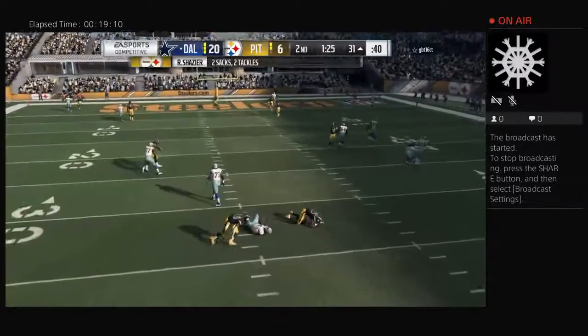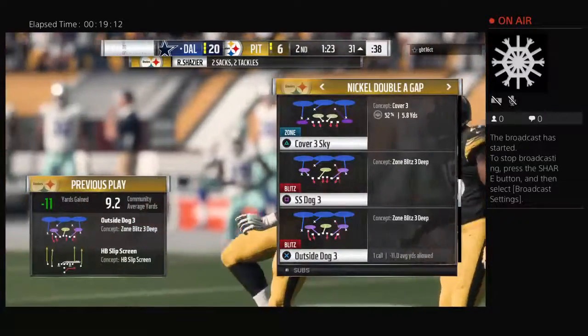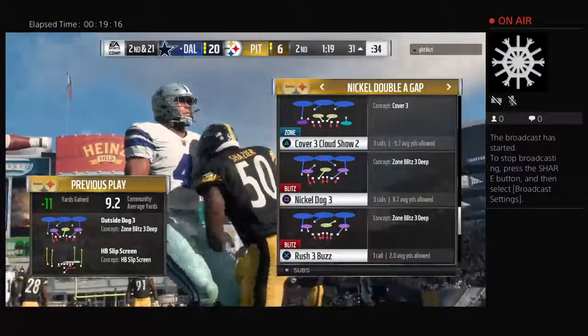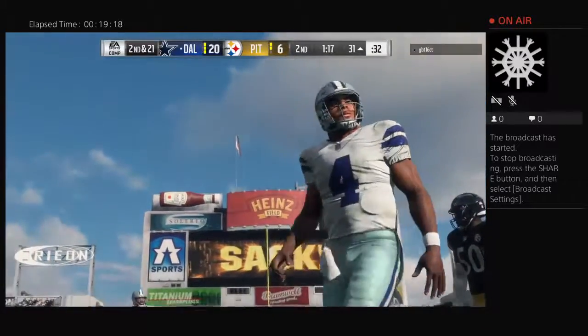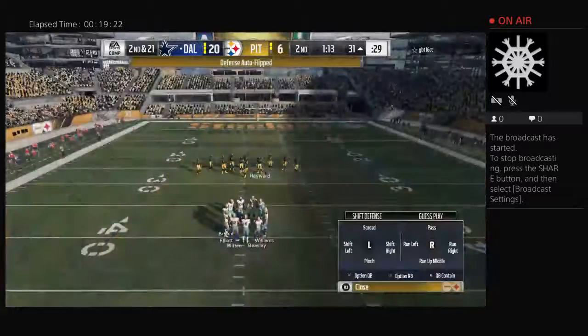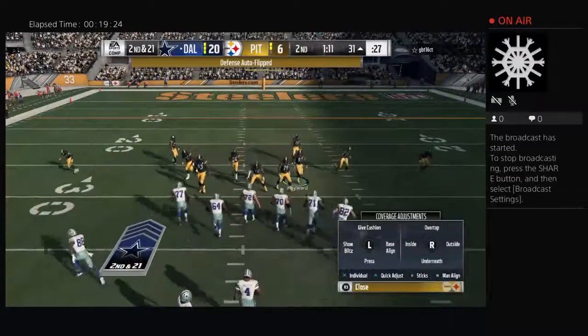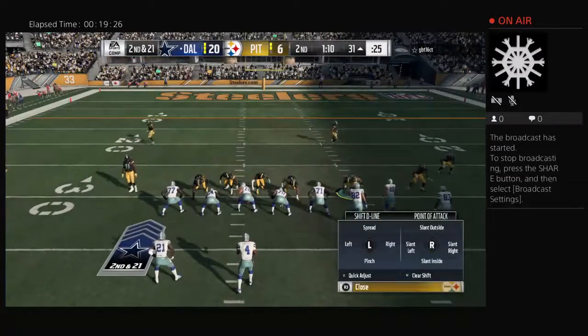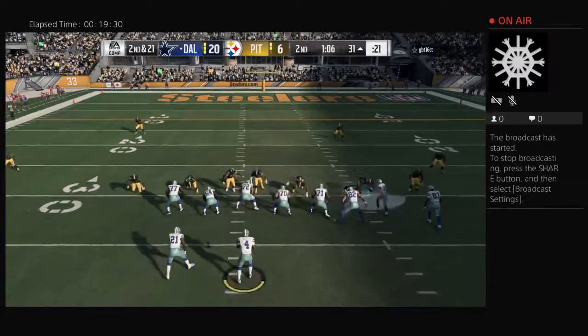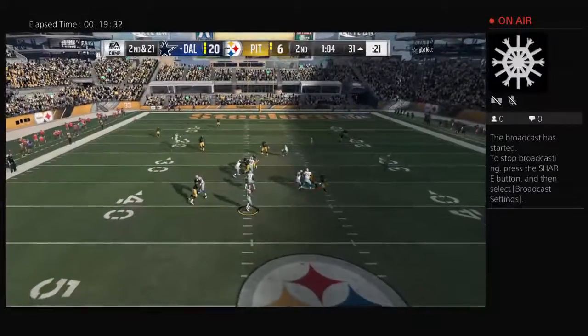Blitz coming, and down he goes. Ryan Shazier in there to get him his second sack now of the afternoon. Well, the beauty of screen passes is they take a little time to develop, and they can often hit big, but sometimes they take too long to develop, and sometimes you get sacked. Yeah, what's perfectly called for a defense to attack a screen? Typically a blitz, and even though people think that the screen...